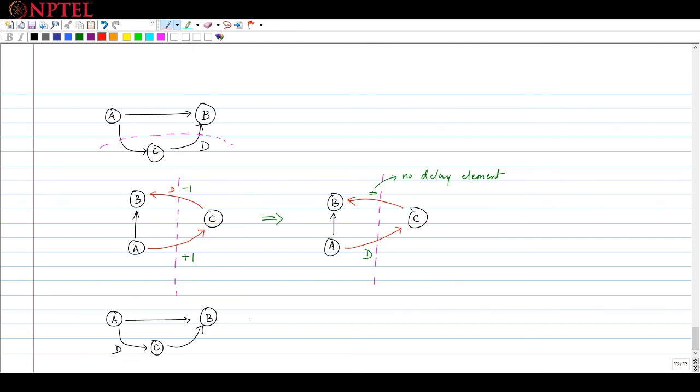Okay, this is a retimed version of the graph at the top of the page, right? Why do we call it retiming? Because effectively that delay element has been pushed from the edge C to B back to the edge A to C, and as a result of doing that, it effectively changes the timing, which changes the iteration dependence of